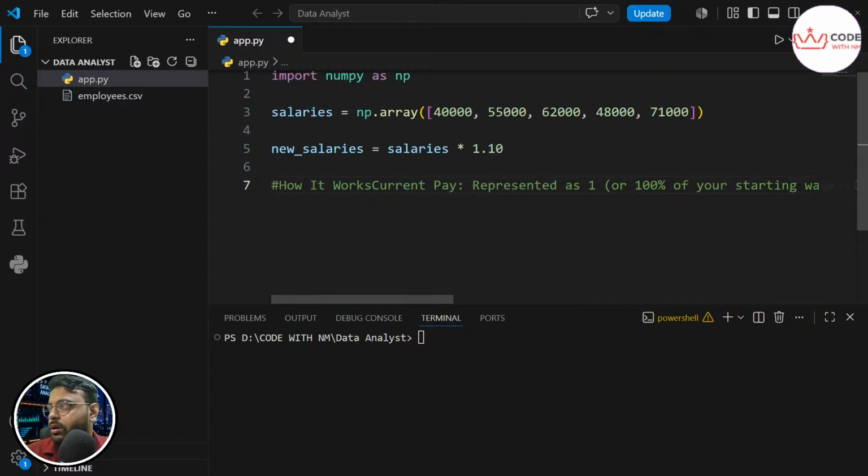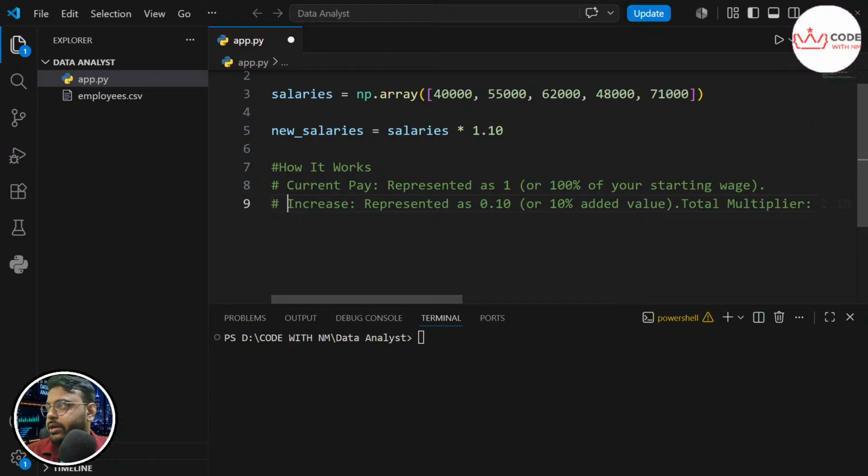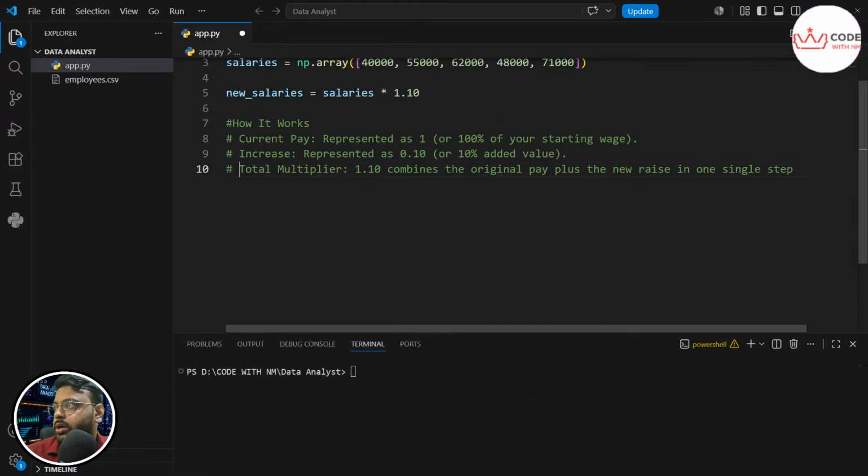Current pay represents 1, which is the 100%, 40,000. Increase is 0.10, which is 10% added value on that 40,000, and the total multiplier 1.10 combines the original pay.